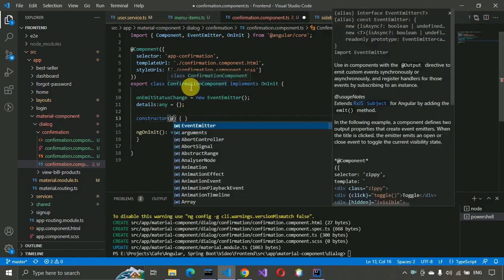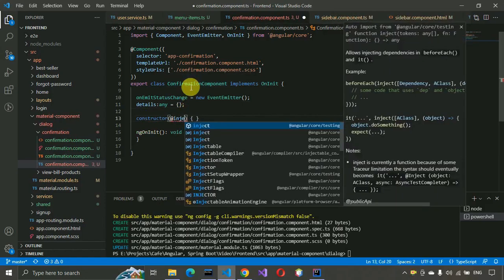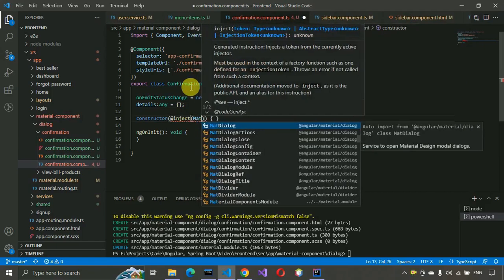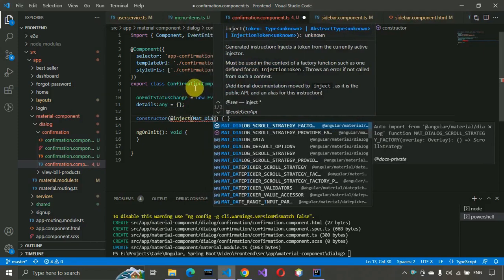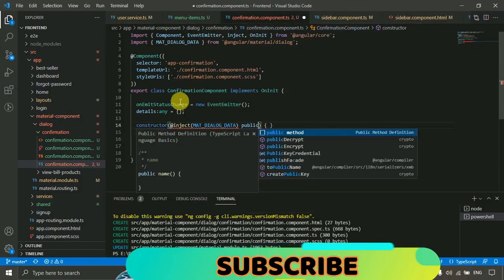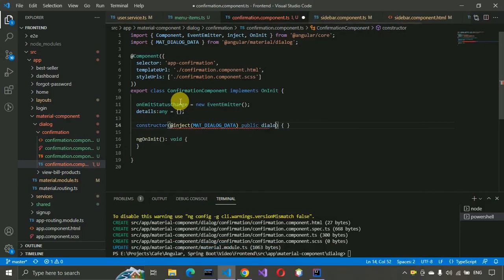Here we have to write @Inject, and we're also going to import it from Angular core, and MAT_DIALOG_DATA, this one we need to import, and here we have to write public dialogData: any,